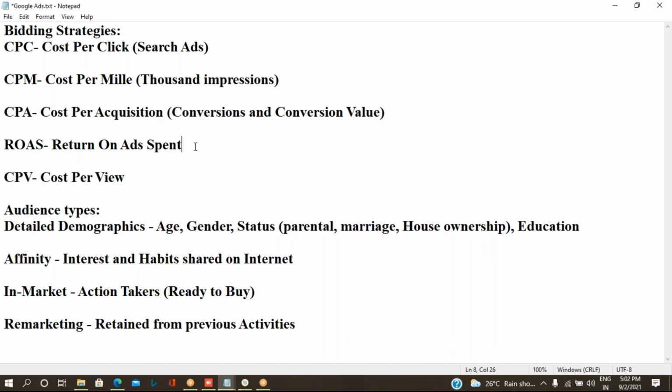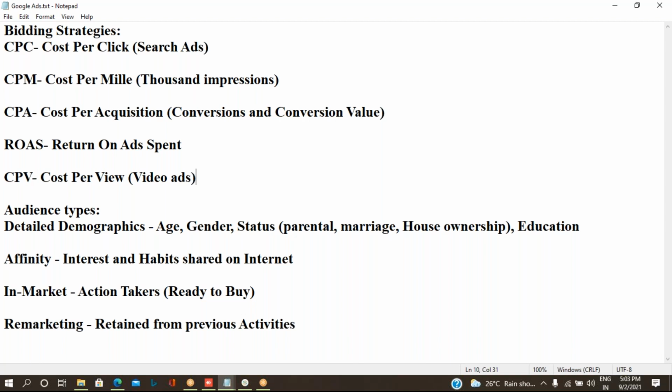Okay, the next one is CPV, which is purely applicable to video ads. If you have observed, when people open any video on YouTube, initially before starting the video it shows an ad, and you can see there is a 5 second skip option.